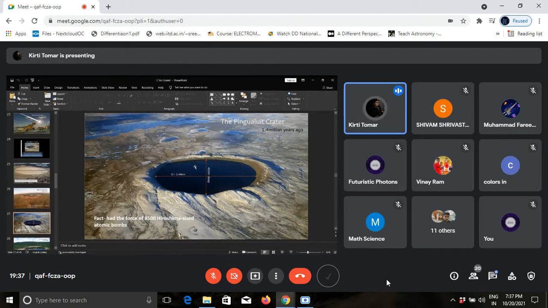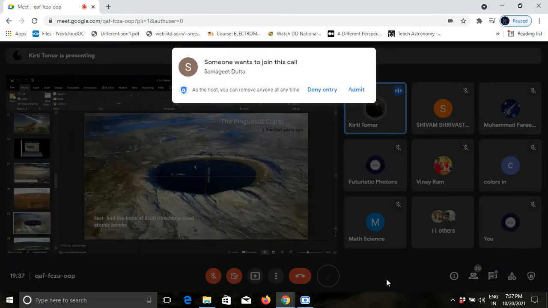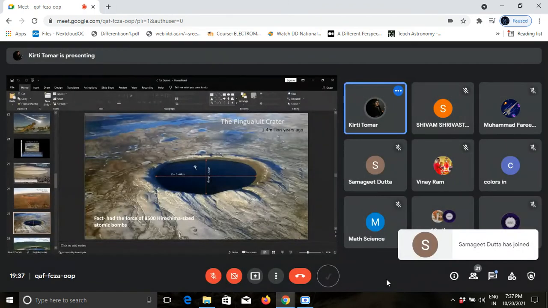The rim is 160 meters above the surroundings, and the lake at the bottom of the crater has a depth of 270 meters, and it contains some of the purest water in the world. The lake has no inlets or apparent outlets, so the water accumulates from rain and snow and is only lost through evaporation.